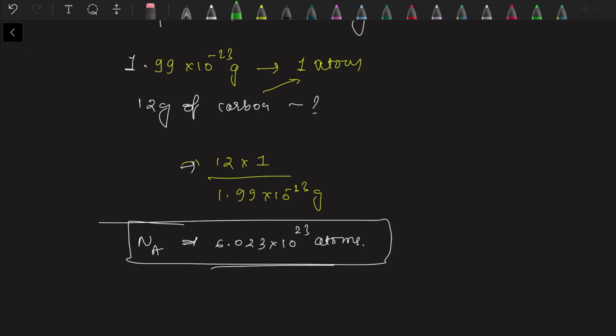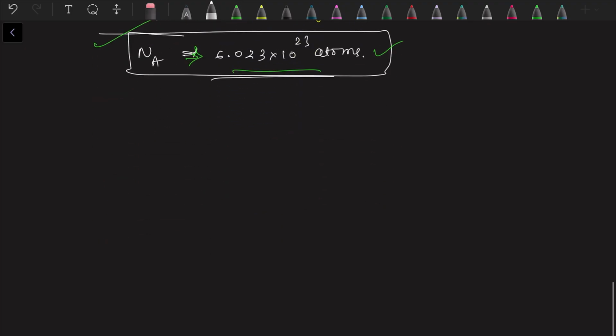This is what we call the Avogadro number. So 1 mole of any substance contains Avogadro number of particles or atoms. This is the basic one, you just need to remember. This is a vast topic, so many questions will come from this topic only. Better to remember. Therefore, we can mention that 1 mole of